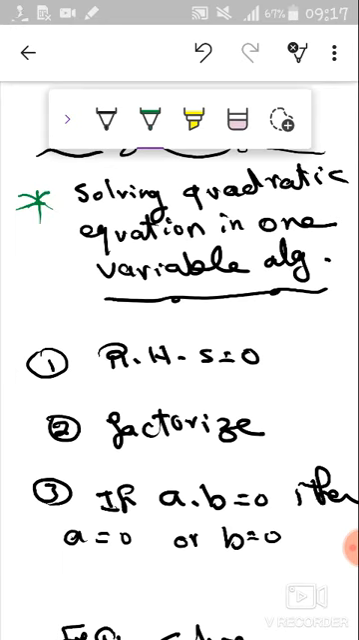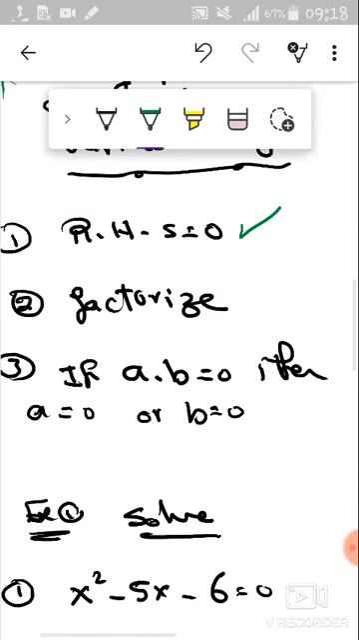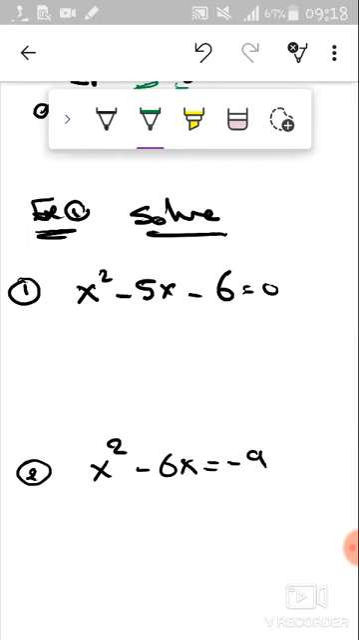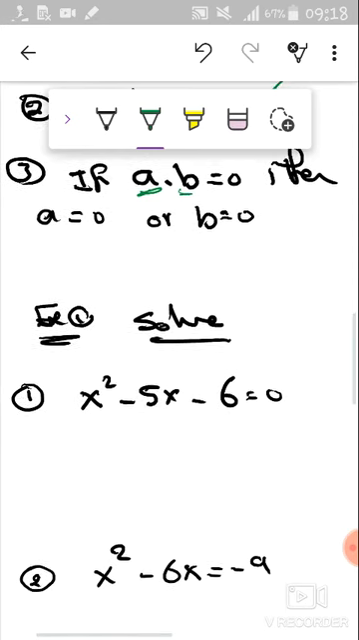Okay, next. Here we have how we can solve a quadratic equation in one variable. Here we have the steps. First of all, we have to make the right hand side equal to 0. Then we're going to factorize as we studied before. Third, if we have two terms multiplied by each other equal to 0, then one of them should be equal to 0. Okay, exercise 1, solve. How can we find the value of x which makes this equation true? I will make, as a step, the right hand side equal to 0. The expression must be factorized. Okay, I will factorize it